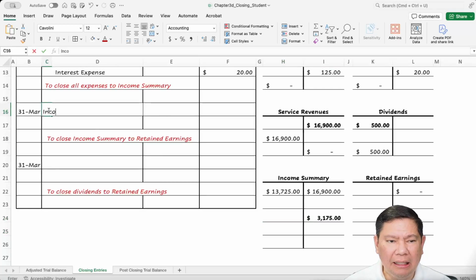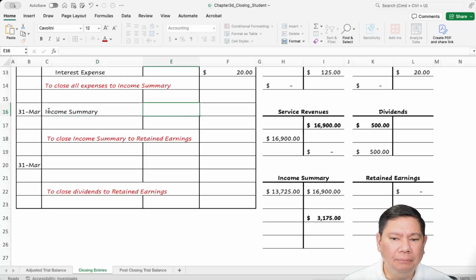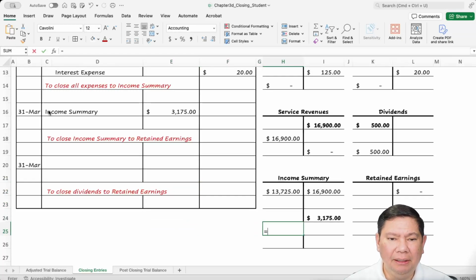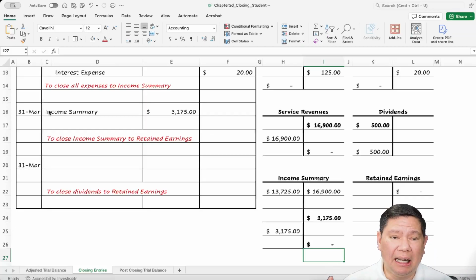Okay, so income summary 3,175 must be put here. Now the income summary is zero